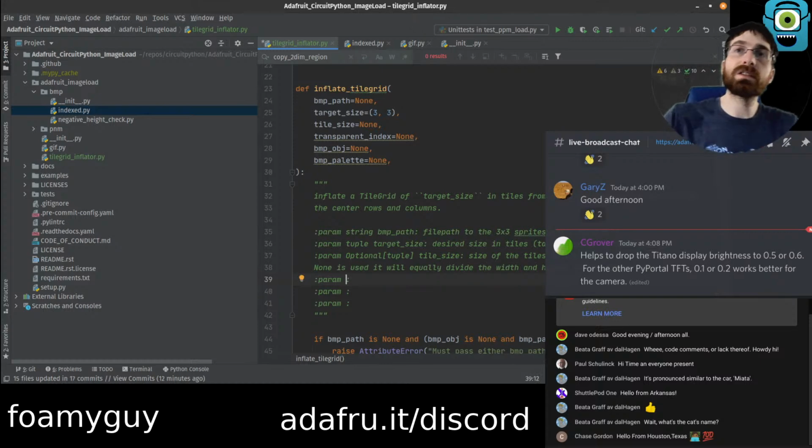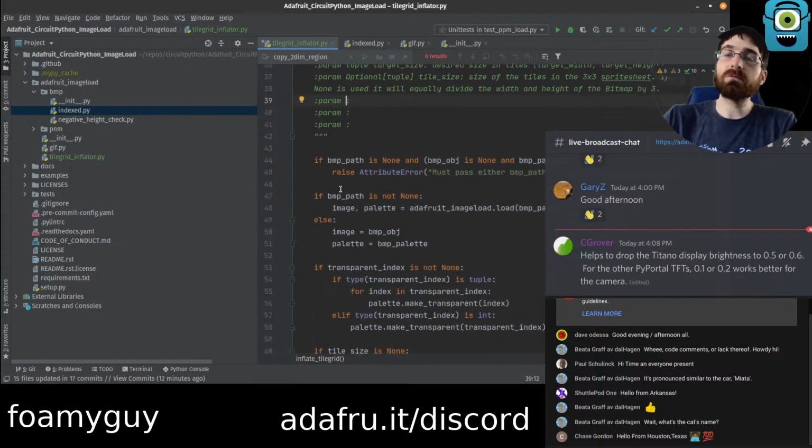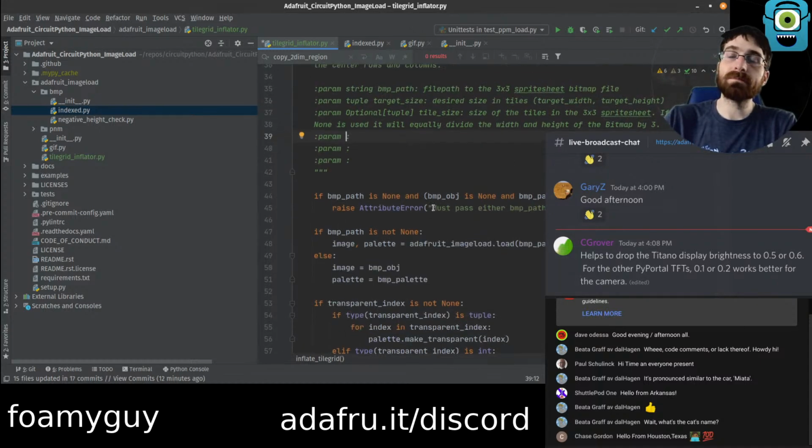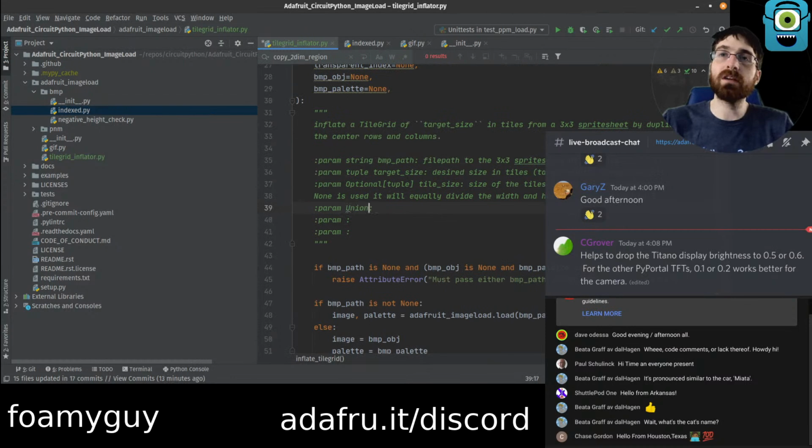Transparent index. Okay, so this one's actually weird. It's either a list or a number. I think, do you do that union list? It'd be a tuple actually instead of a list. Tuple, number, int.